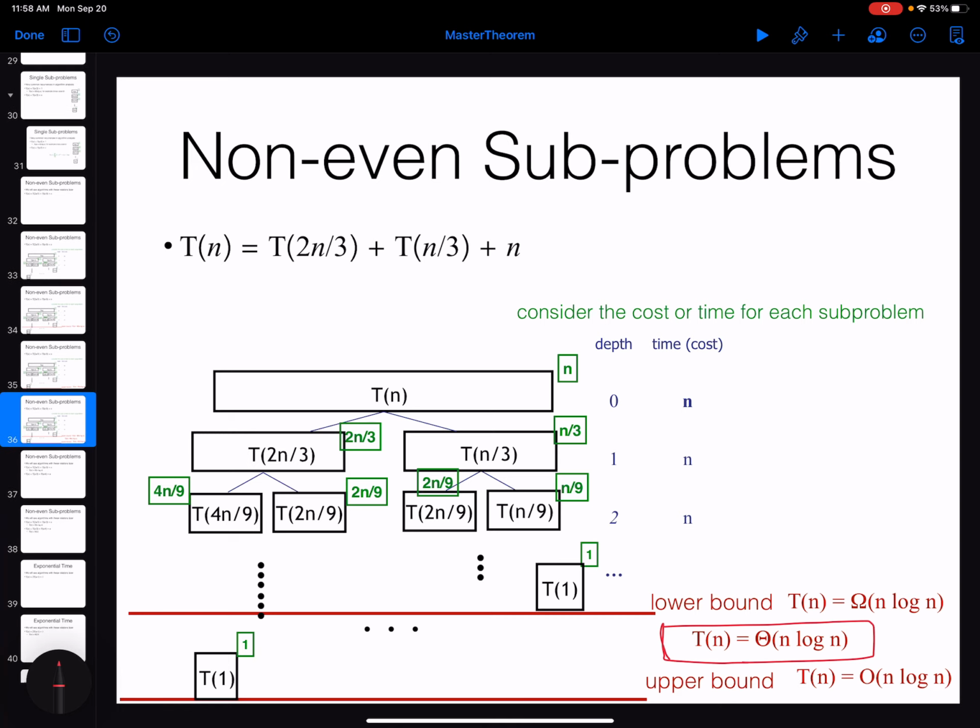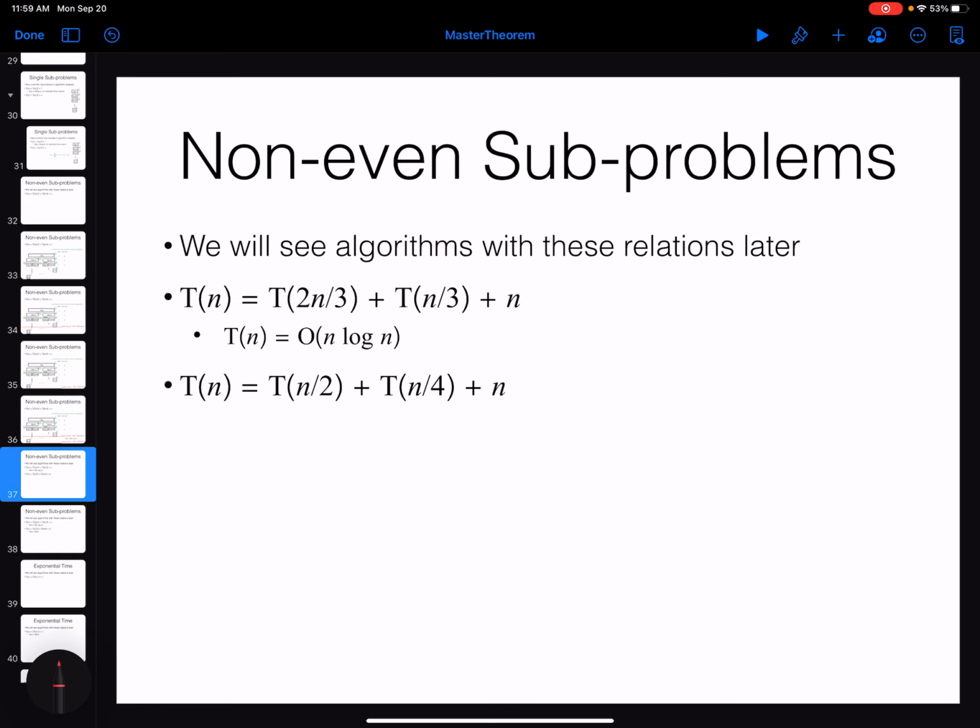So this is an example of having, you see that this problem cannot be solved using the master theorem, but still you can apply the recursion tree and solve this problem easily. Another problem,